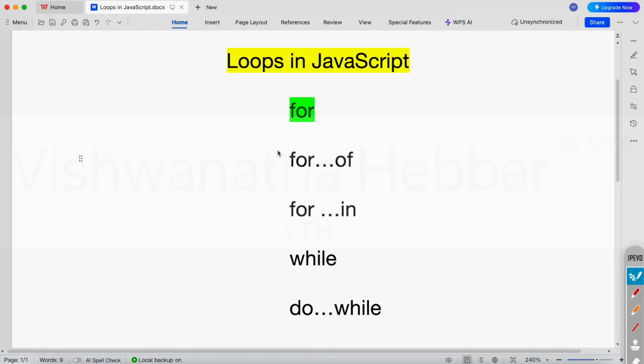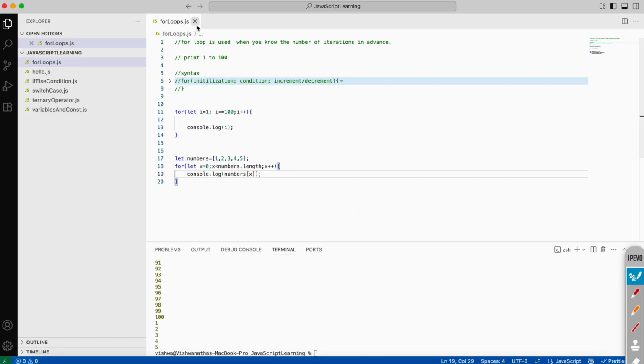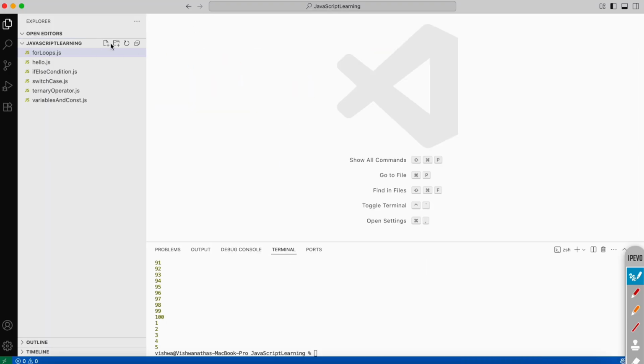Hello, welcome. In the previous lecture, we have discussed about for loop in JavaScript. Now we will discuss about for of loop in JavaScript. Let me open the Visual Studio Code. Okay, this is our previous example. I will create one more file here, for of